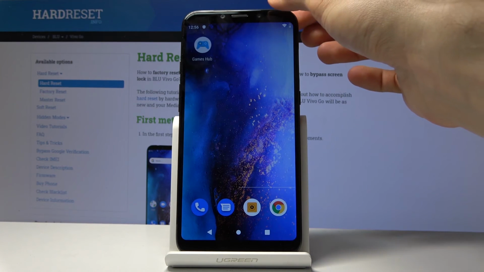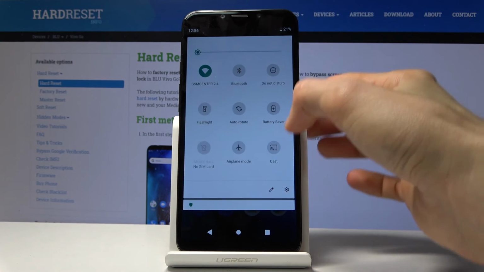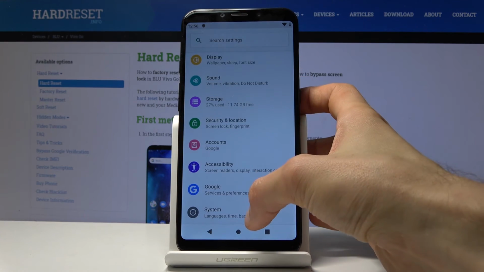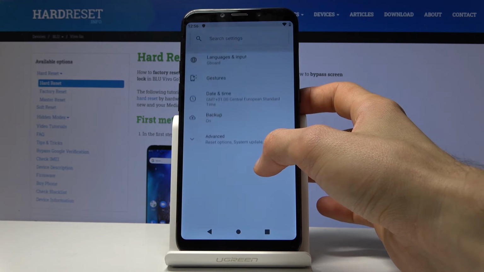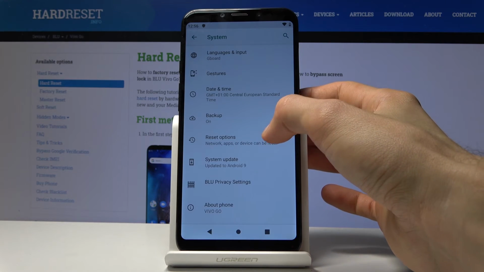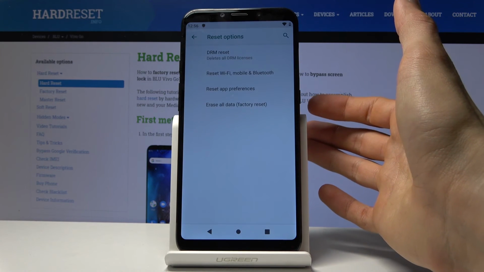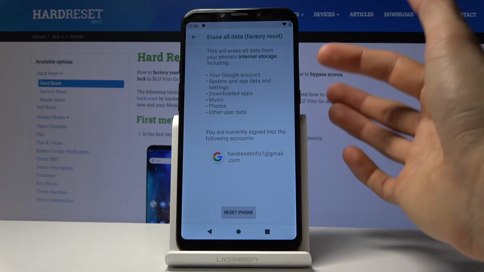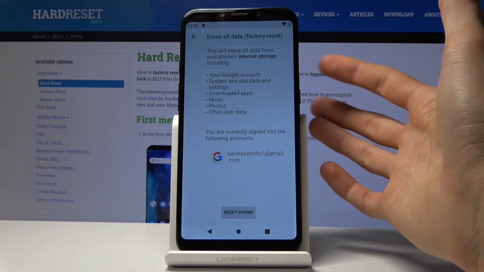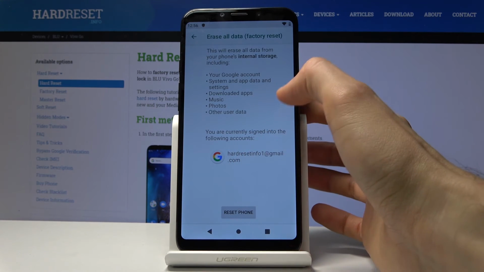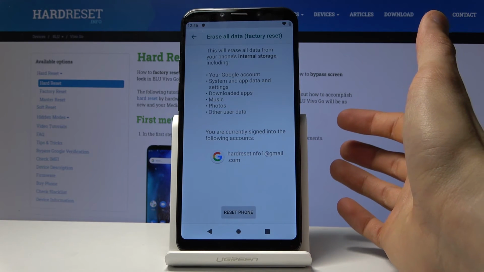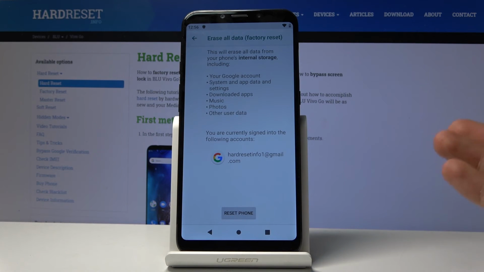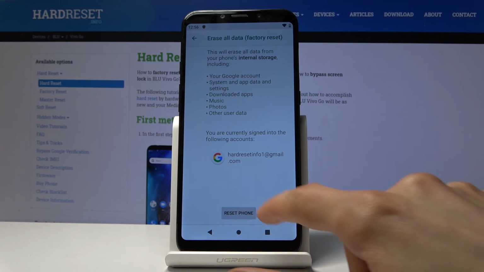So from here, we want to go straight to the settings. Scroll all the way down to System, then Advanced, and you'll have Reset options. Tap on that, and here you have Reset all data, Factory Reset, and it gives you all the things that will be removed, along with the account that you have added, and also it includes the previous account that it doesn't actually show here. So I just tap on Reset,